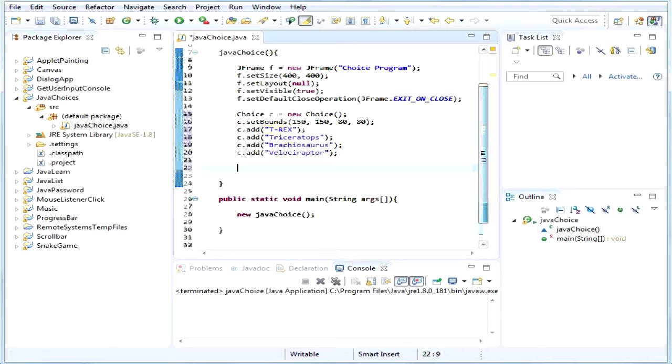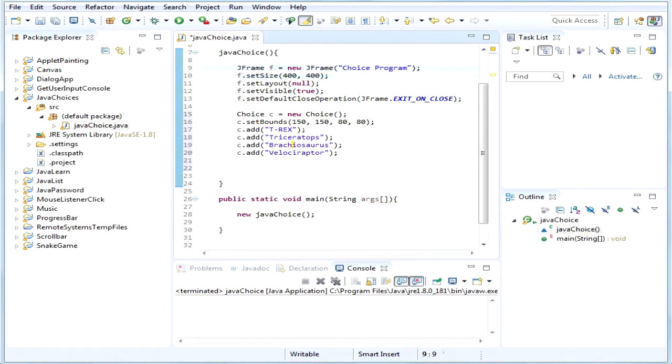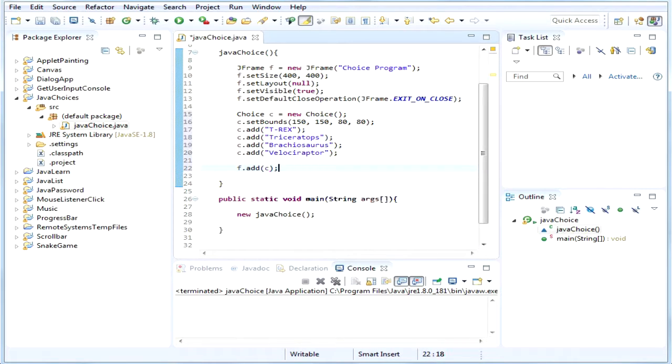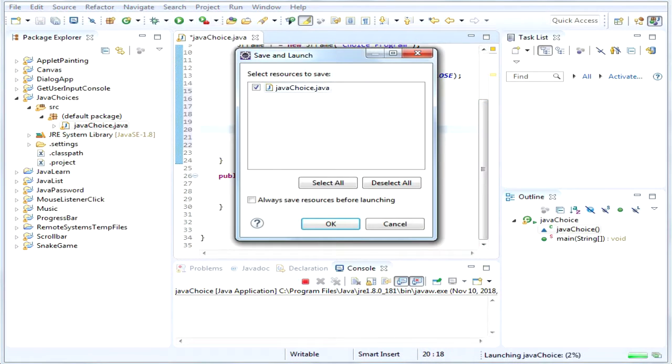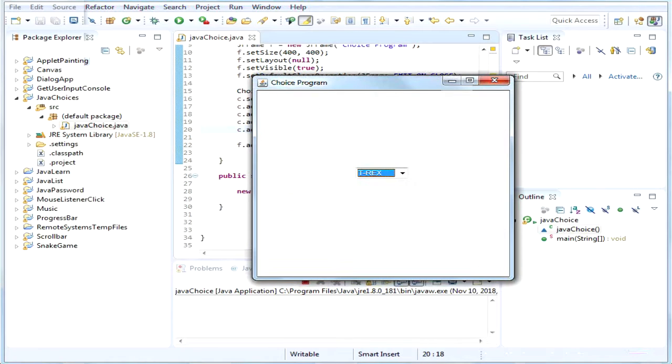The last thing we need to do is to add this choice object inside the frame of the program, right? And all we need to do is add C, because C is this choice object. And that's it. That's all you gotta do. I mean, let's see the outcome. Yeah, here we go. We got the T-Rex, we got the Triceratops, we got the Brachiosaurus, we got the Velociraptor,